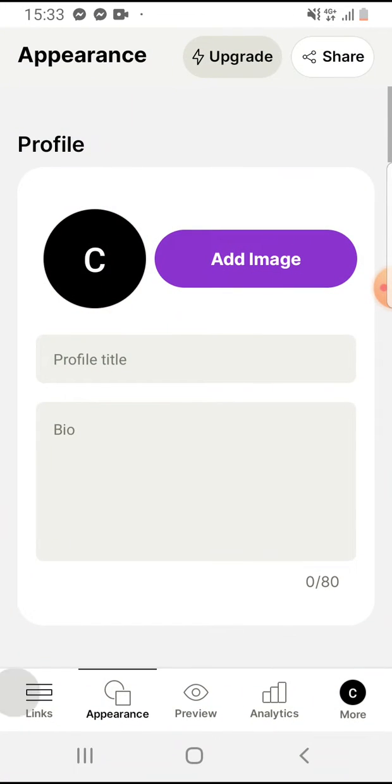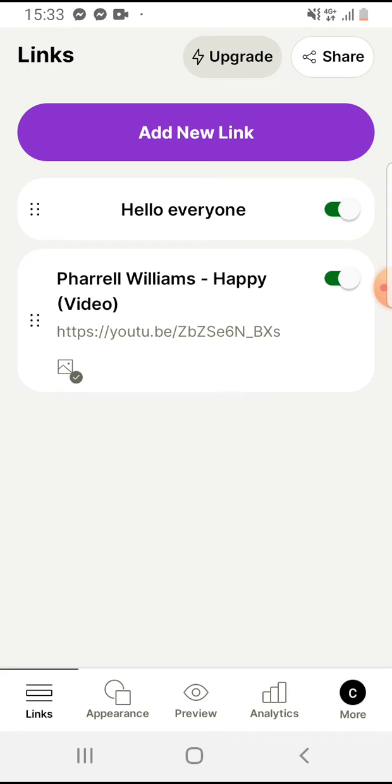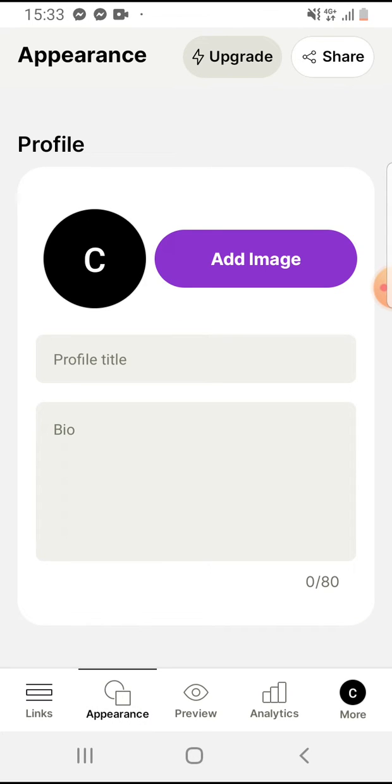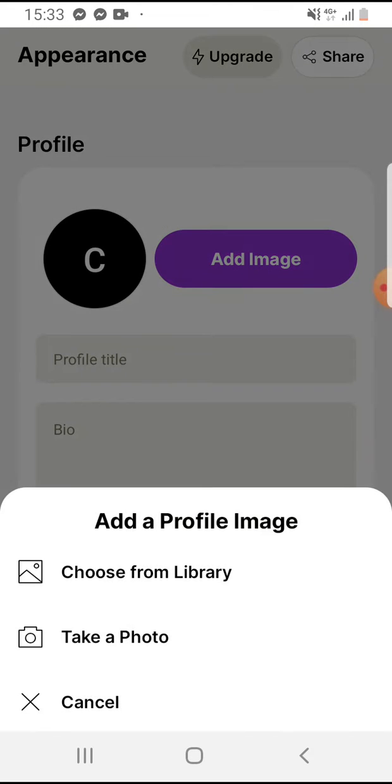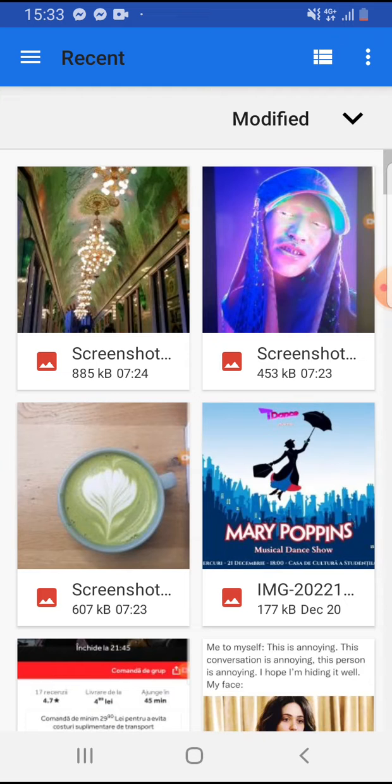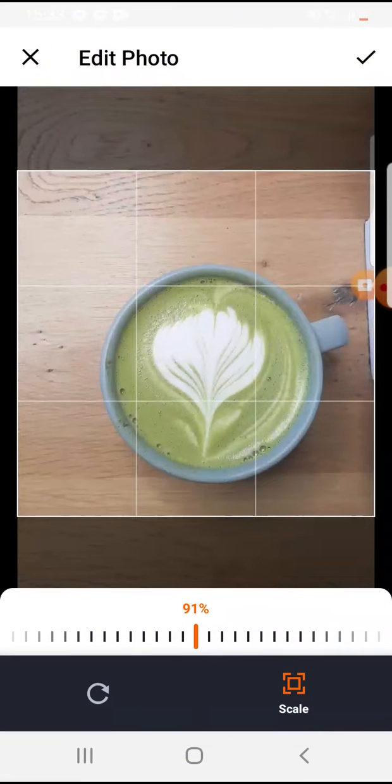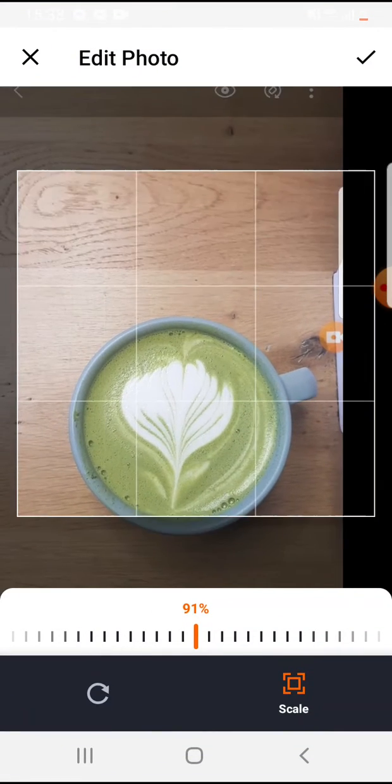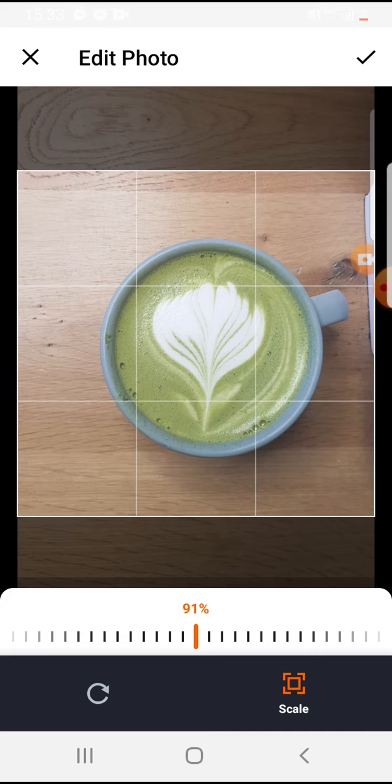Open the Linktree app, then go to the appearance on the bottom second icon, and here you will have this purple button, add image. Tap on it. You can take a photo now with your camera, or you can choose from library. It opens to your gallery. You choose a photo, then you can cut it how you would like to. Then on the top right corner you